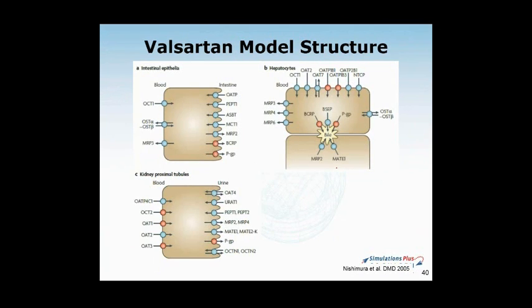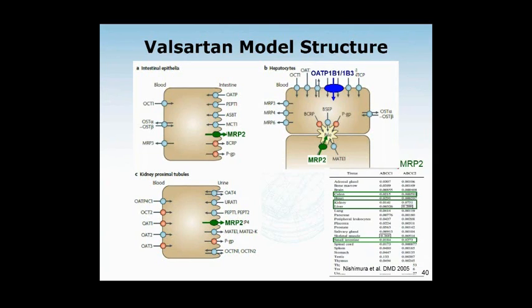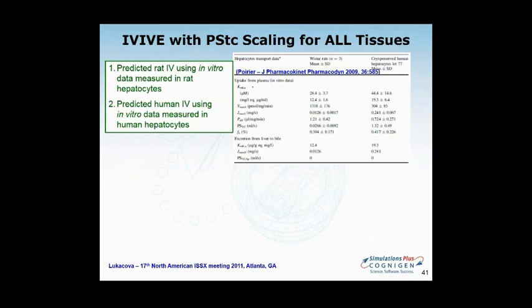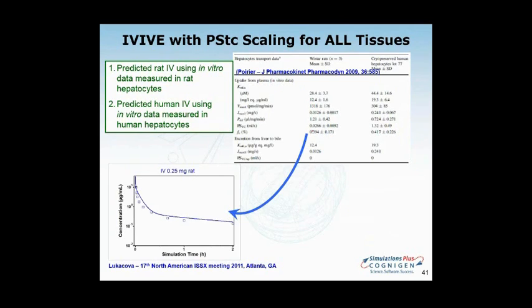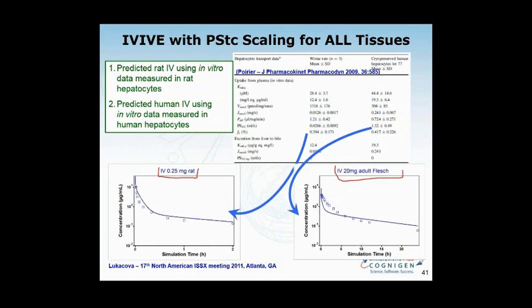So the complete model did include the permeability-limited tissues with the transporters in the specific tissues where they were relevant. And for MRP2, since it appears in several tissues, we also used a publication scaling the MRP expression levels through different tissues. And the whole process started going from in vitro to in vivo data. So as you would go with your process, starting with the animals, if it works nicely, you go to the human. Again, prediction in human was reasonable as a first-in-human prediction,